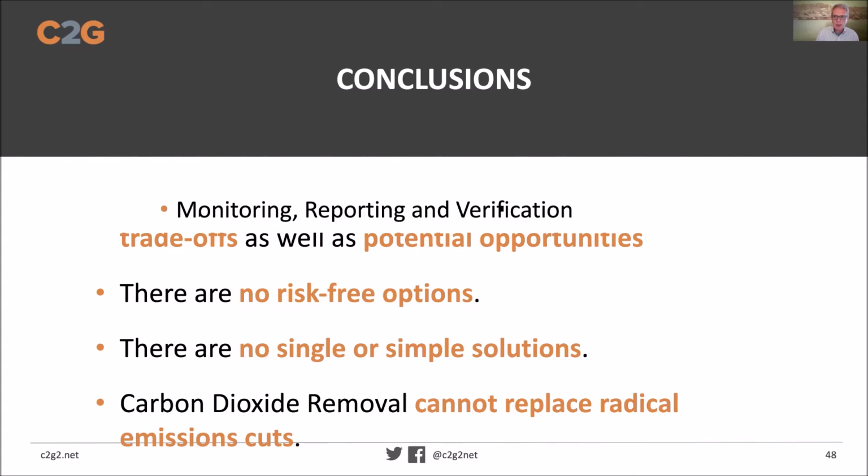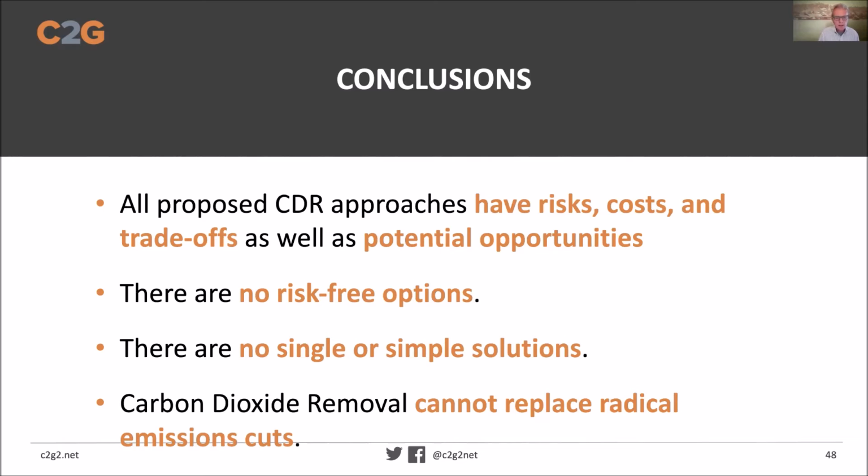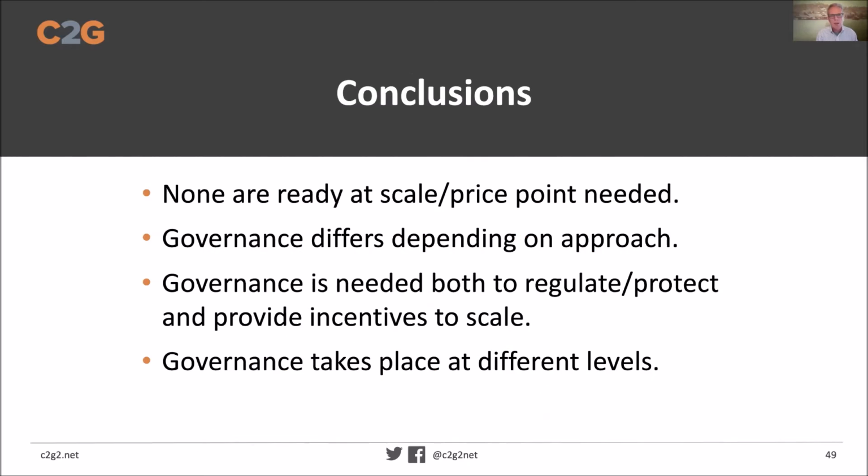When you think nature-based, as you push to scale, there's a risk of impacting something else. You have risks about permanence, to ensure that the carbon is stored ad infinitum, at least the mass which you have put away, and many things of that nature. And Bindu was clearly pointing to that: there is not a single, simple solution. It's a basket. We have to pull a portfolio together, which is also a good opportunity, to the extent you can make choices of less of some but more different ones. And the other important point is that it is not replacing any form of emission cuts. Any emission cut not done is a bigger carbon dioxide removal challenge.